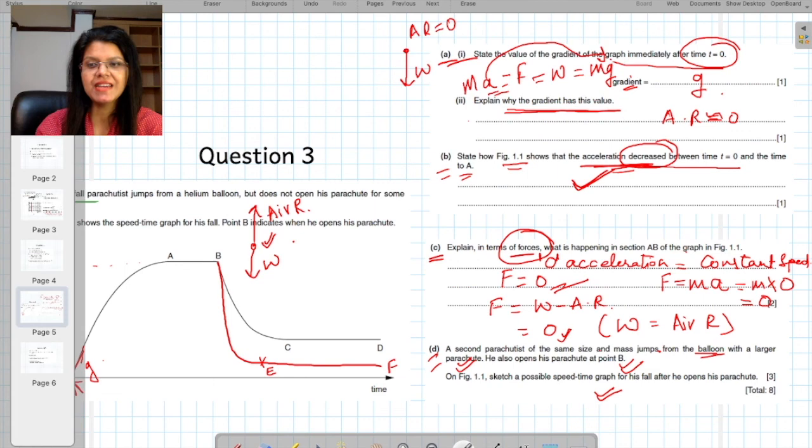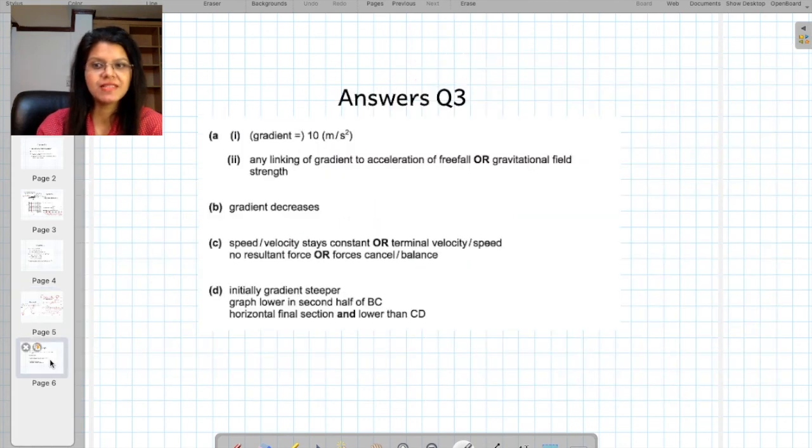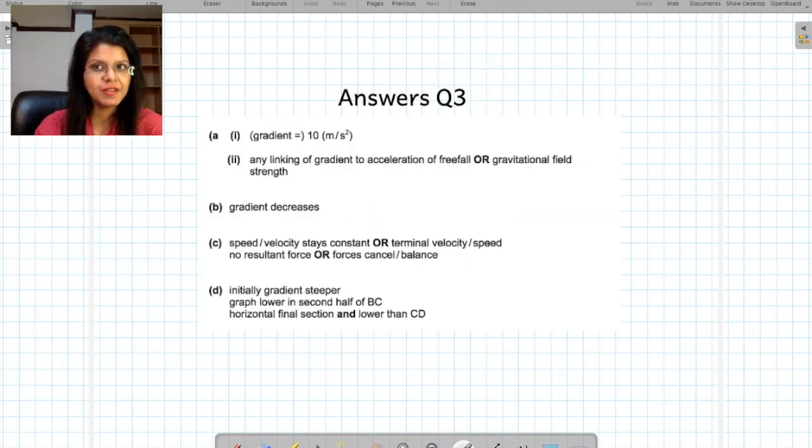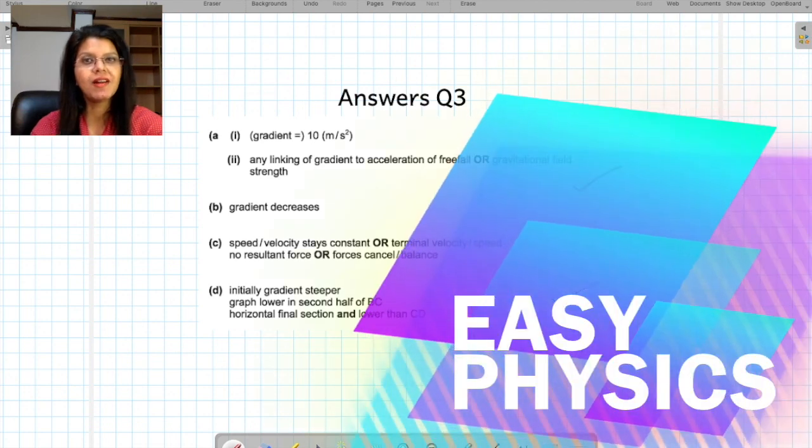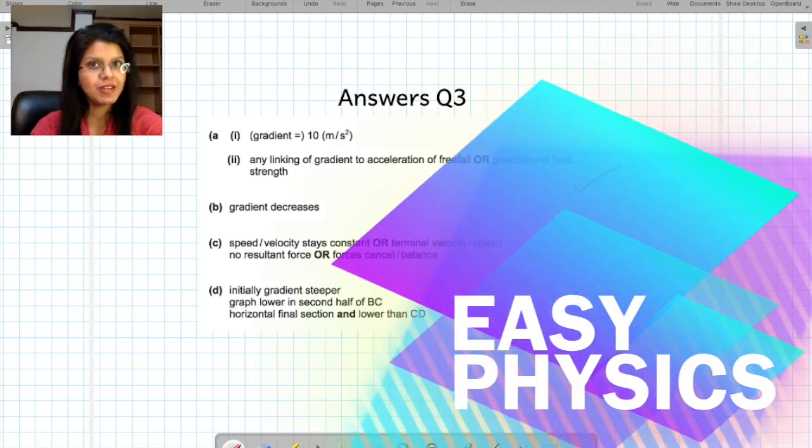I'll now show you the answer scheme for this question. Please attempt this question again yourself and then come to this mark scheme. Do not look at the mark scheme straight away. Attempt this question yourself. Look at the mark scheme and see if this mark scheme makes sense to you, if you understand all parts of this question. If you do not, if you have any queries,